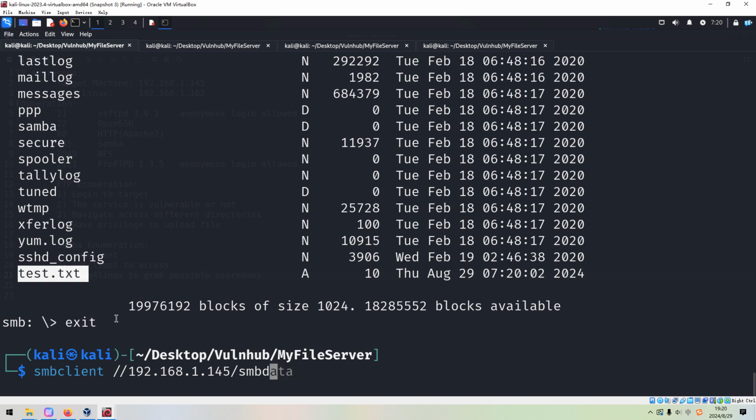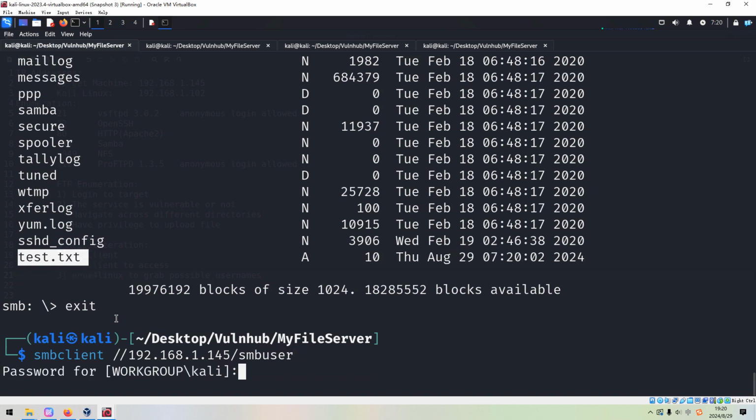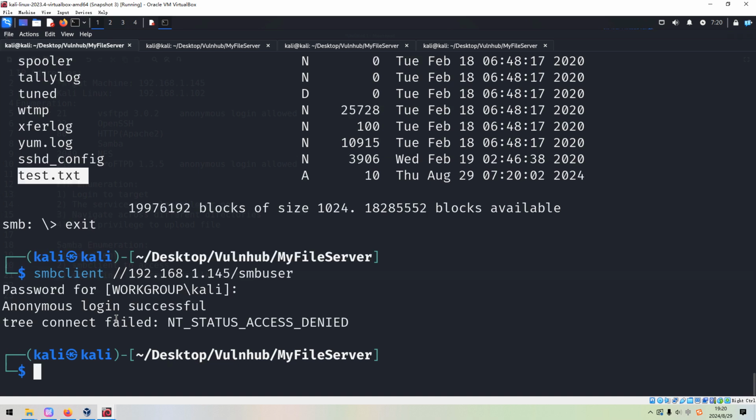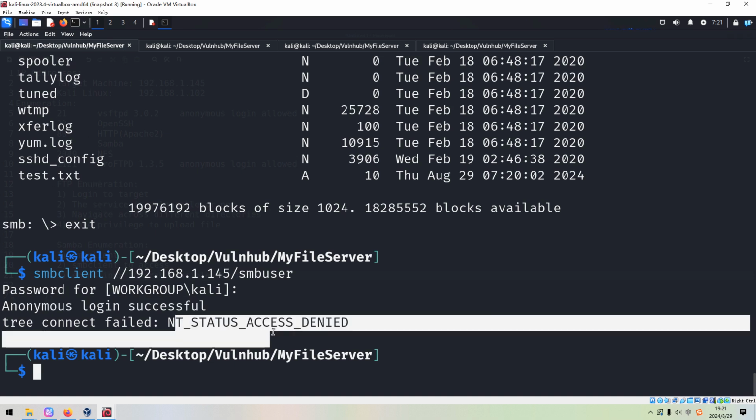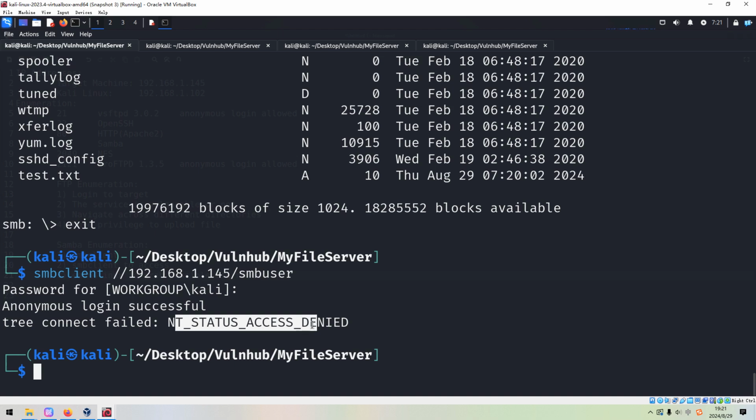Next, we can change the share to the user. However, although we got the anonymous login successful message, when we try to get the tree of the files or directories, we get this error, access denied.